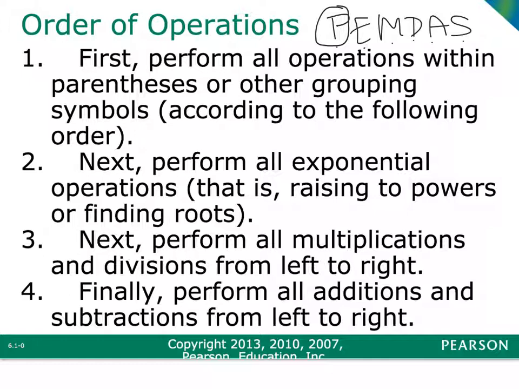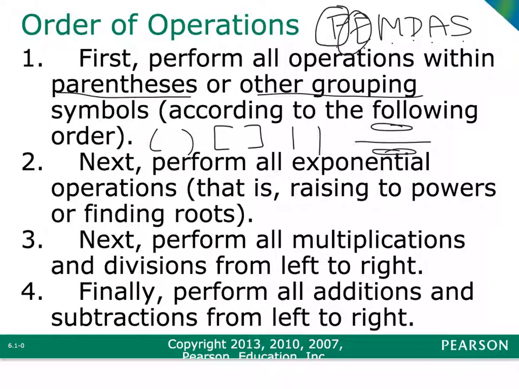Now, that's very specific. There's other things besides parentheses you have to worry about. You have to worry about all the grouping symbols. So that could be parentheses, it could be brackets, absolute values are considered grouping symbols. If you have a fraction, the numerator and the denominator are each considered a group. So your first step is to simplify all groups, however they have the groups organized. Your second step is to simplify exponentials. So if you see any exponents in the problem, if you see any square roots also in the problem, those would need to get